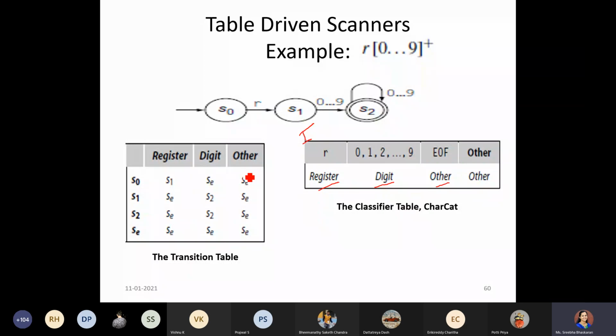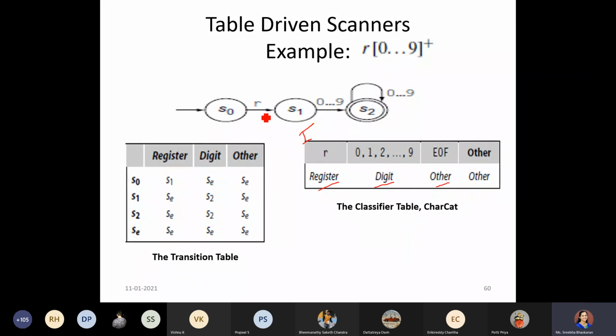So we will have only 3 columns. The rows are the states. Now you can generate the contents of the transition table, starting from the initial state S0 with respect to register.